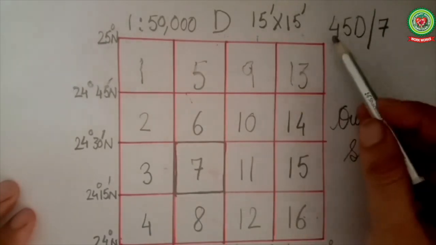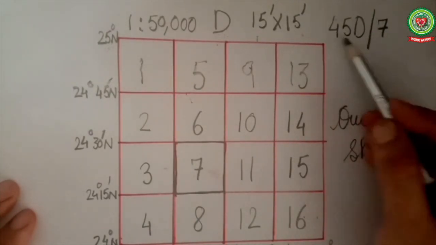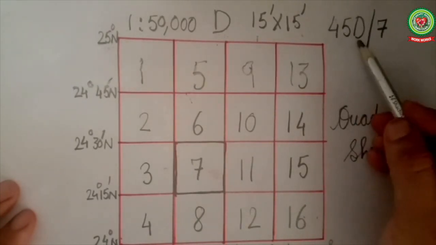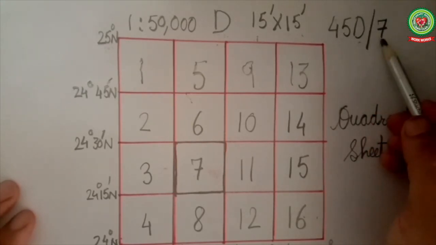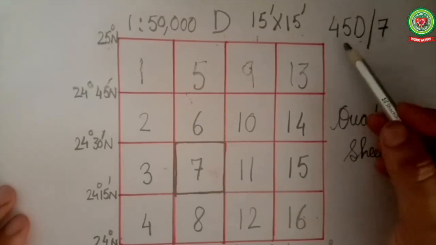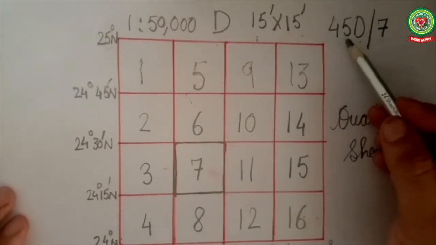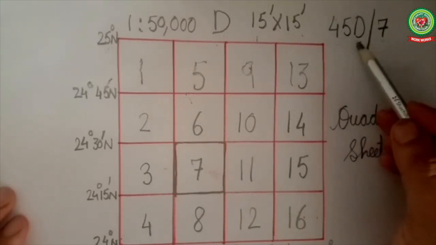Here 45 represents Rajasthan, D represents an important district or town of Rajasthan, and 7 represents further its important tourist place. So in this way we have got a reduced map of 45D7.